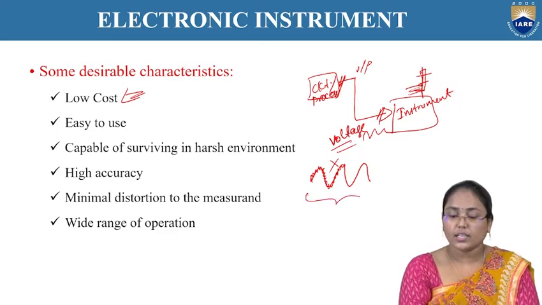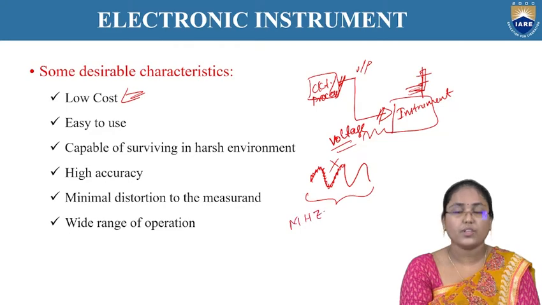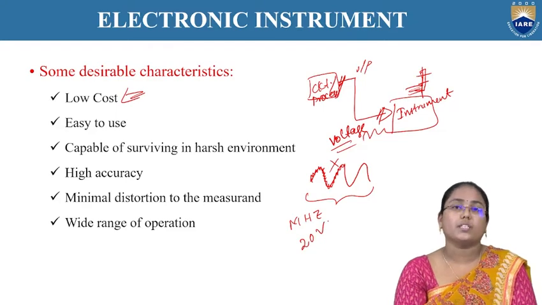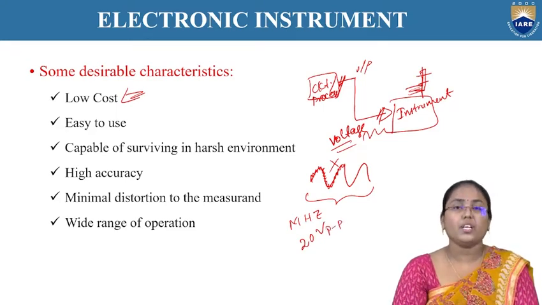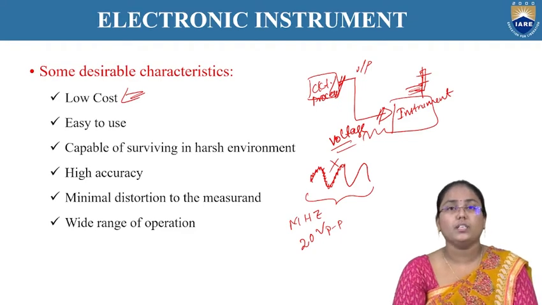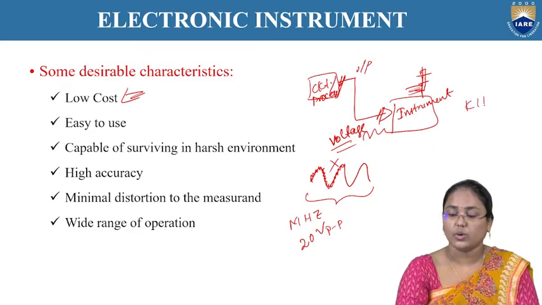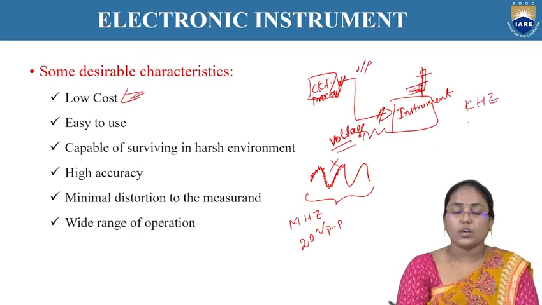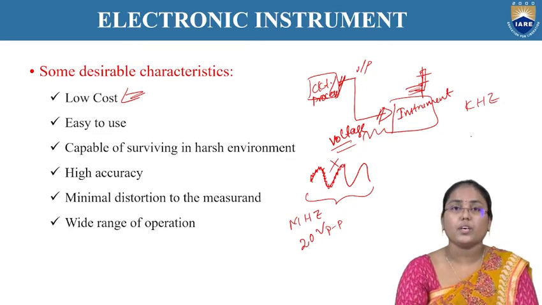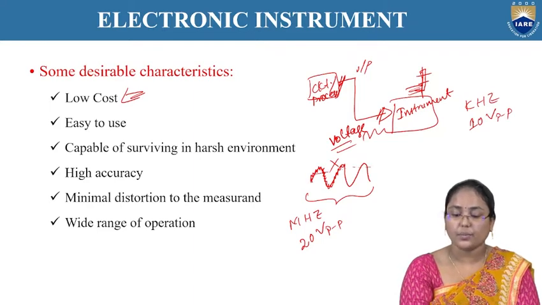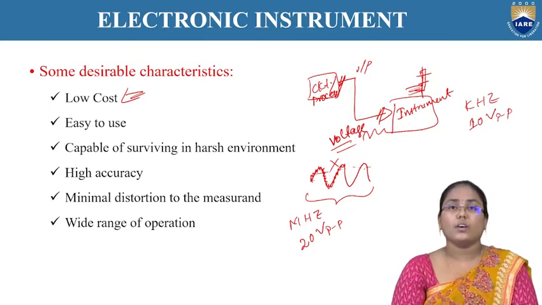Now here, the signal which is being produced by the particular circuit has a frequency range in megahertz, or a voltage value of, for example, 20 volts peak to peak. Now if this instrument is not capable enough to capture this signal, that is, it can only show outputs in the range of kilohertz, and a peak to peak amplitude range of only 10 volts, then definitely part of the signal can be missed. It can be clipped like this, right? So that's why this is not our intention.